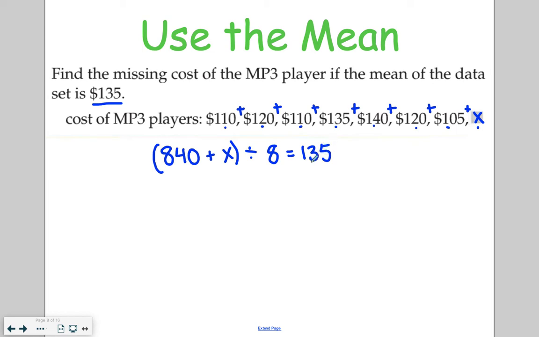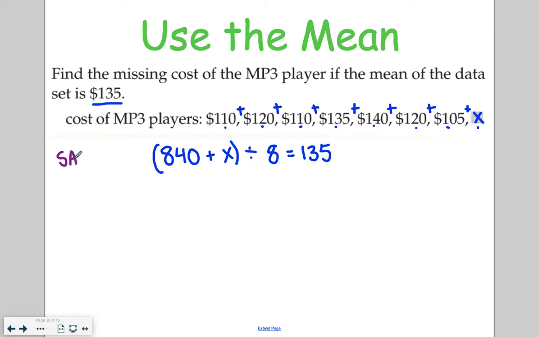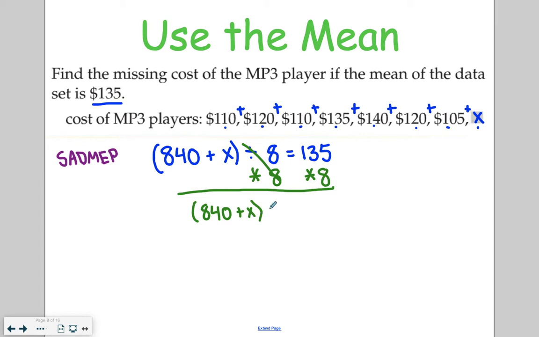This gets into an equation that we need to solve. If you remember back from the beginning of the year, we learned about something called SAD-MEP, aka PEMDAS backwards. This is how we solve equations. Notice, parentheses are at the last part of SAD-MEP. So we're going to do this parentheses part last, which means that the first thing we need to get rid of is this dividing by 8 because it's outside of our parentheses. Opposite of dividing is multiplying, so I'm going to multiply both sides by 8. That means this cancels out, and now I have 840 plus x is equal to, when I do 135 times 8, I get